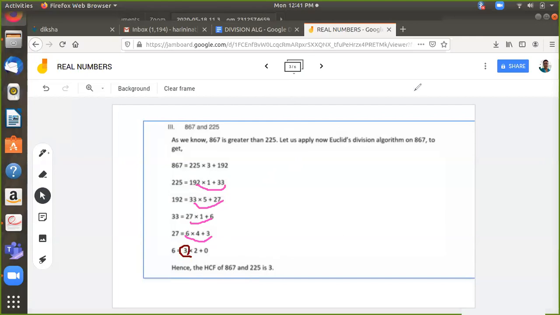Is it clear enough? Now, are you getting a little confidence of writing these steps without doing the division? Even if you want to do the division, I am not stopping you. But be very careful when you subtract, when you multiply. There should not be errors in class 10 in doing such simple divisions. Okay?